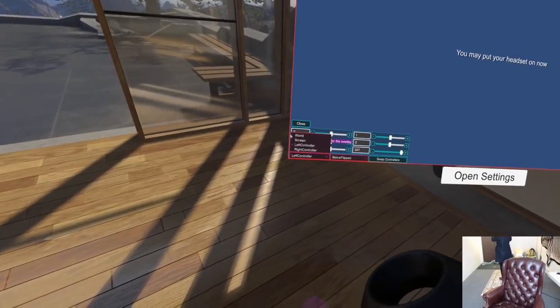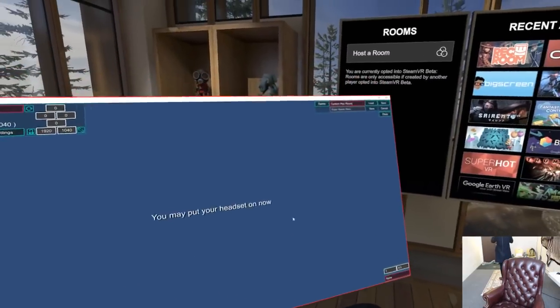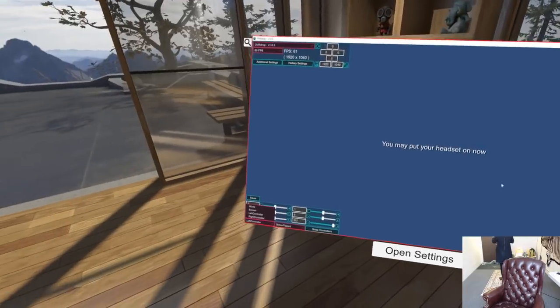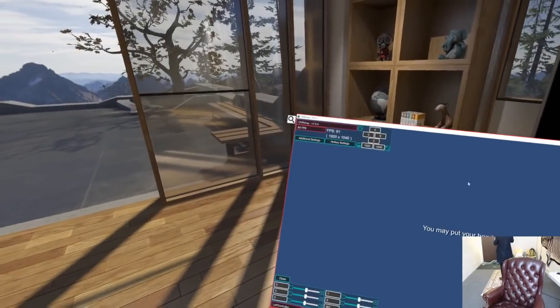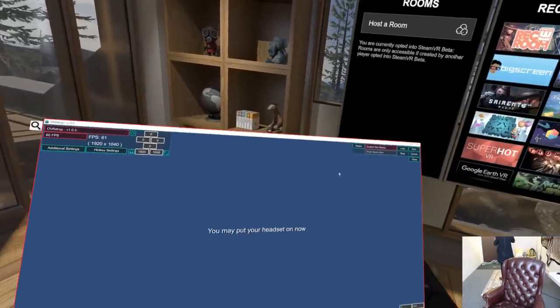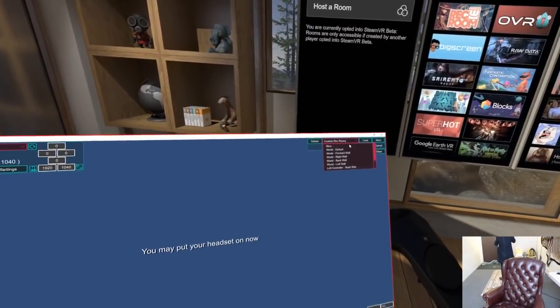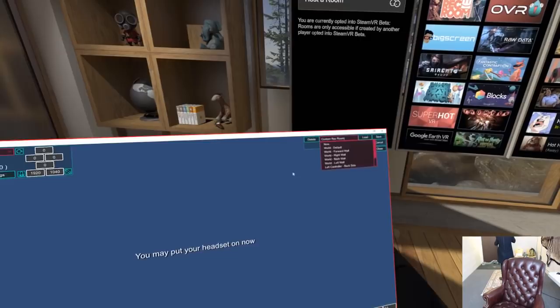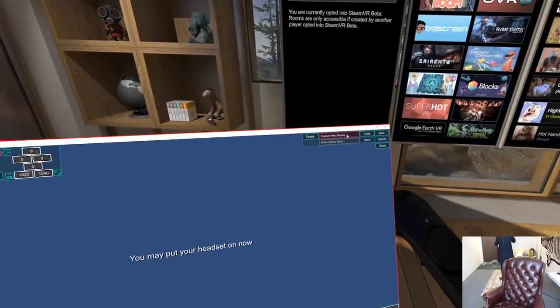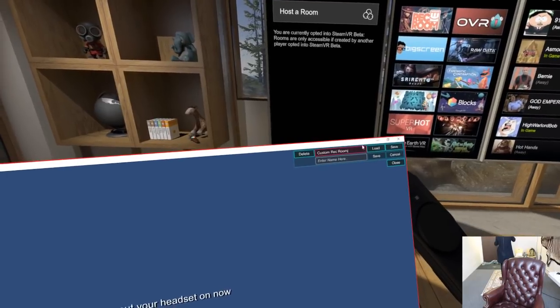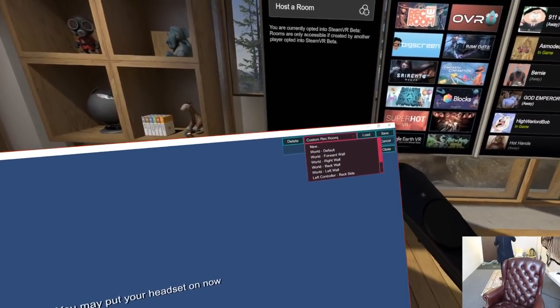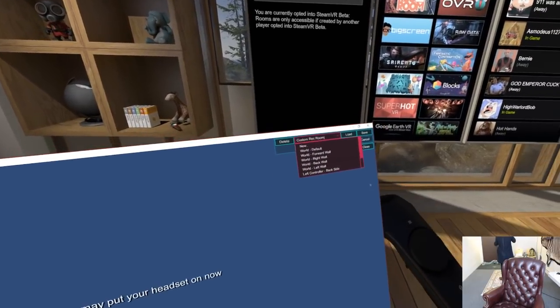But screen is what we're going for, and specifically left controller, okay? So once you've done that, you're also probably going to want to make a default configuration. You see I've misspelled custom rec room. I've added a J on the end. But really, what we're going to be going for is